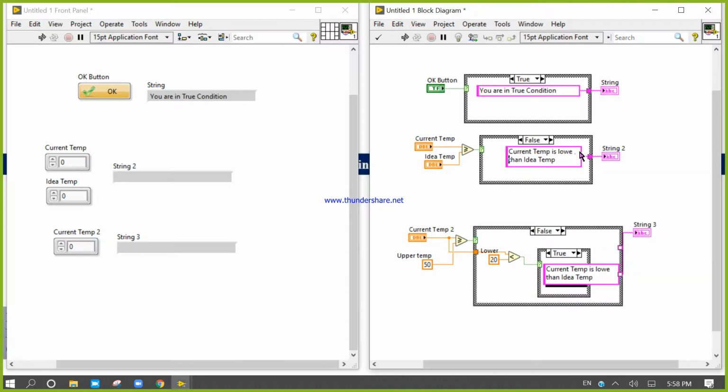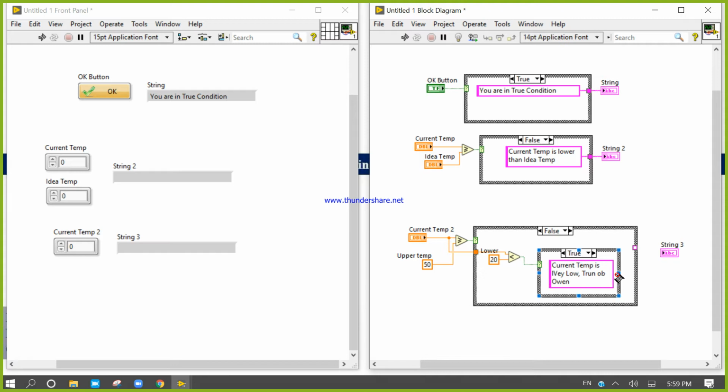If the current temperature is lower than the lower temperature, then the current temperature is very low, turn on heater, oven, turn on oven.